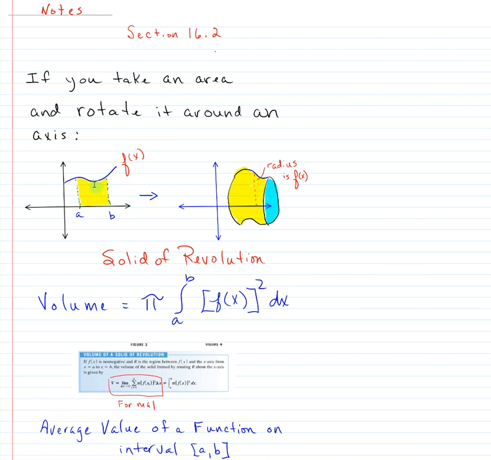And so the radius as it goes around is f of x, okay? And so the formula for the volume, you've got your integral from a to b, but you've got f of x squared. That's different than just area. And then we multiply it by pi outside the integral. So think about the area of a circle, pi r squared. Well, remember, this is our radius, so it's kind of like that. All right, so